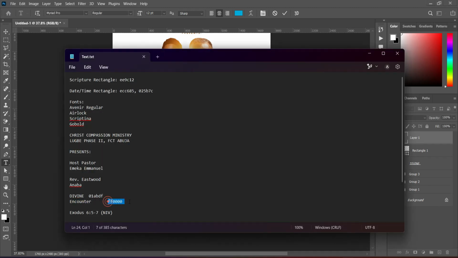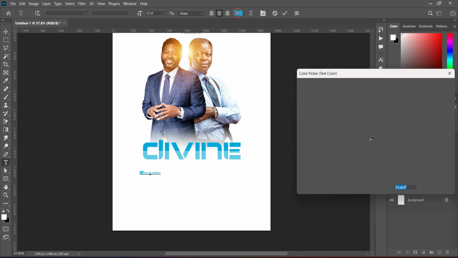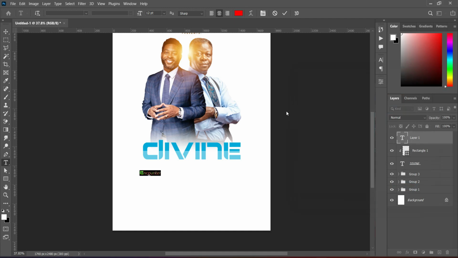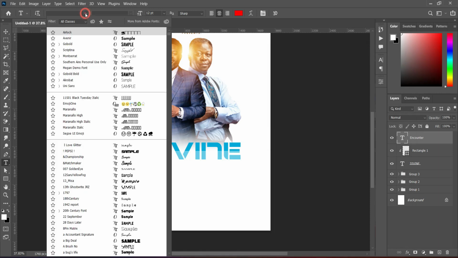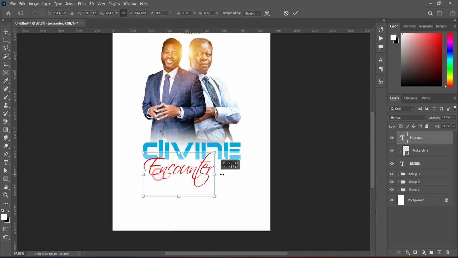Now we are going to make use of this color code. This color code is for red color, so I need to highlight it, then you paste it, and we are going to change the font to Scriptina. Then this is the font here, Scriptina. All right, so then go to your font over here and select the font Scriptina, so you can see it over here. All right, now we need to increase the font size,